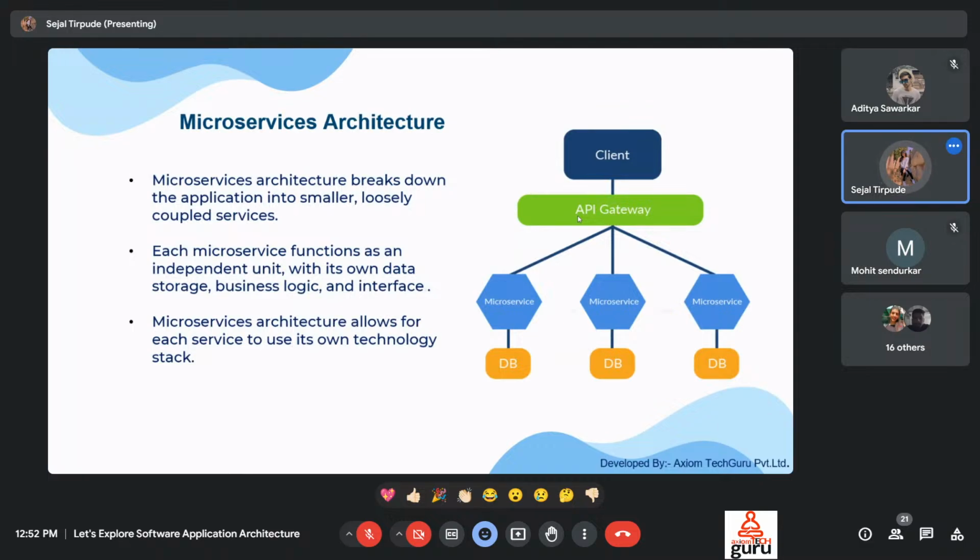To overcome the limitations of monolithic architecture, we have microservice architecture. In microservice architecture, the application is broken down into smaller, loosely coupled services. Each microservice functions as an independent unit with its own data store, business logic, and interface. For example,